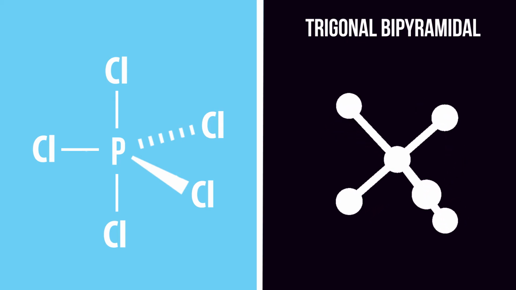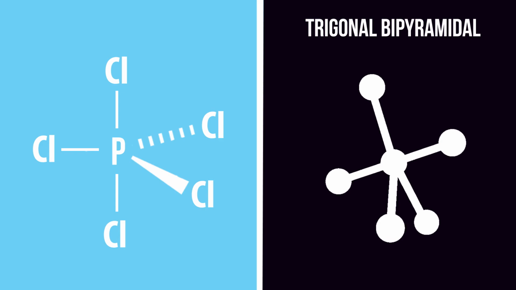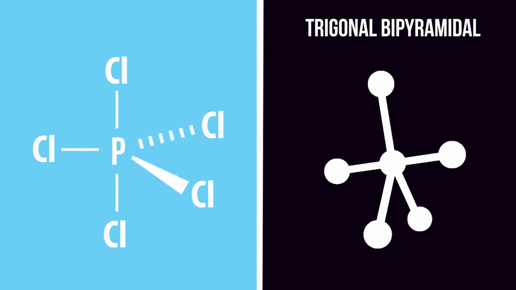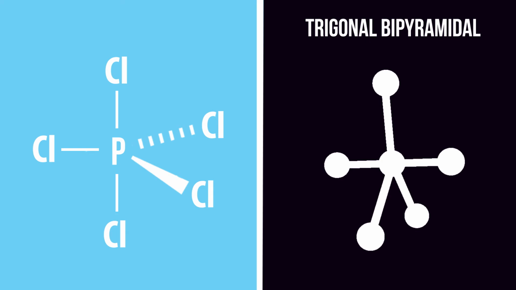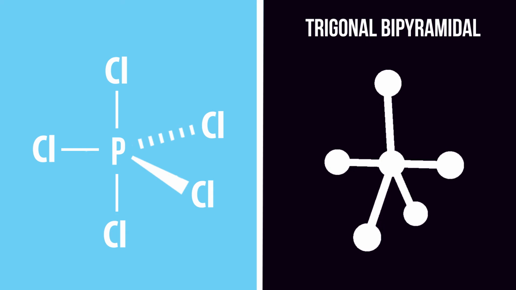Now, there are two types of atoms for this molecule with regards to the position of the chlorine. There are 3 equatorial atoms that have a 120 degree angle with each other, and there are 2 axial atoms. Now, if we look at the 2D visual, I can illustrate this a little bit better. The equatorial atoms are on the left and on the right, while the axial atoms are on the top and